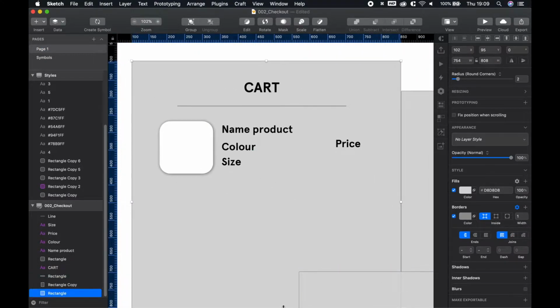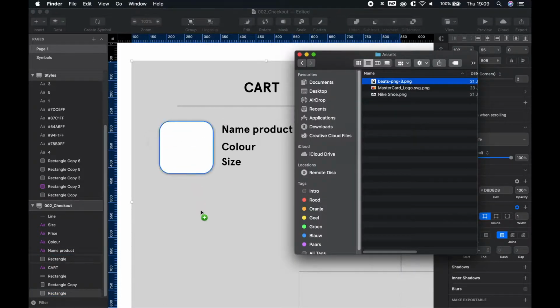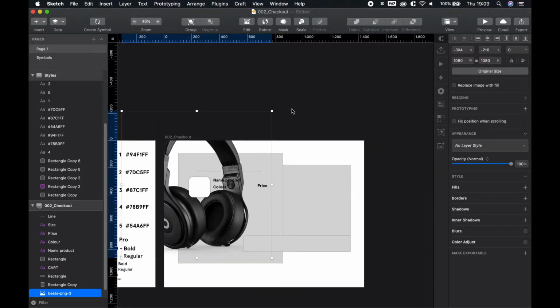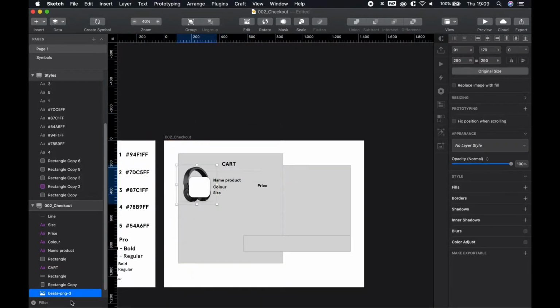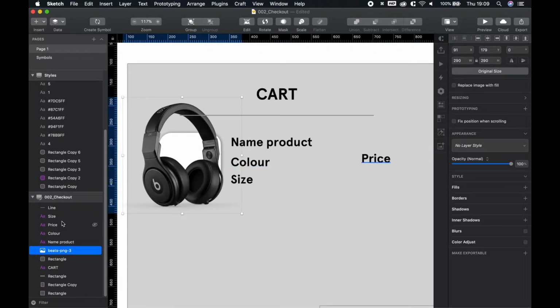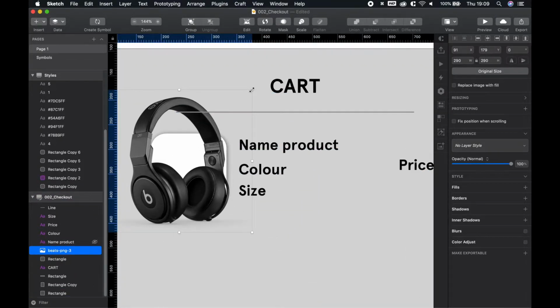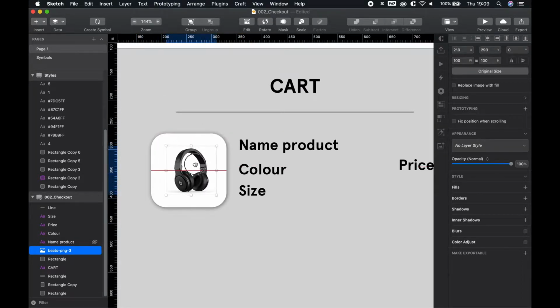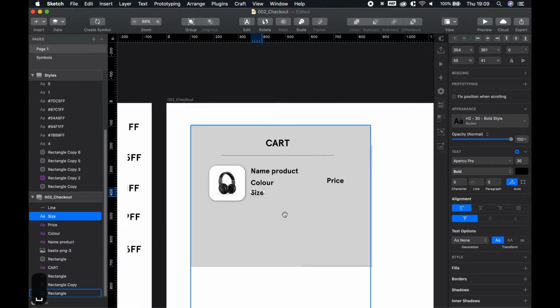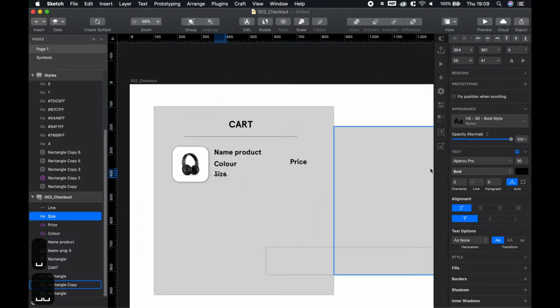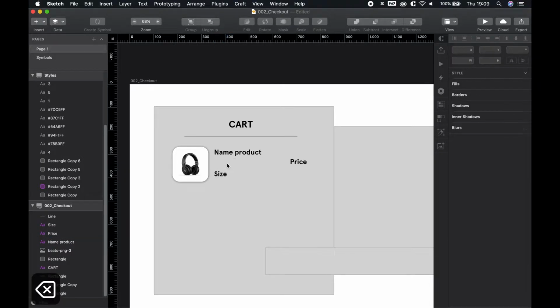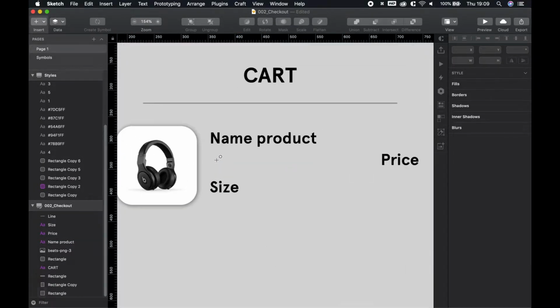I got two products, and let's get the first product in there, and that is a nice pair of Beats from Dr. Dre. In a second we're gonna make our artboard a little bit more clean with organizing and putting everything in groups, but for now let's just quickly sketch what we want to do. So we got that one. I think instead of that we're gonna do it like